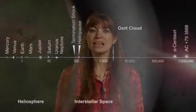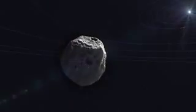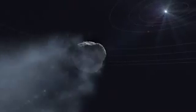Once a comet has orbited close to the Sun multiple times, it's no longer as primitive as it once was, but every once in a while, we catch a comet coming into the inner solar system for the first time, kicked out of its home in the outer solar system. These first-time inner solar system visitors give us a chance to observe a more pristine leftover from the early days